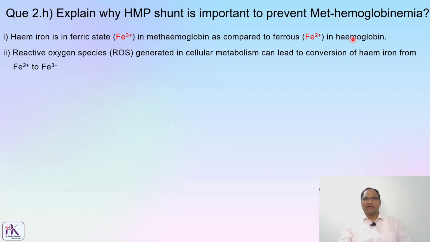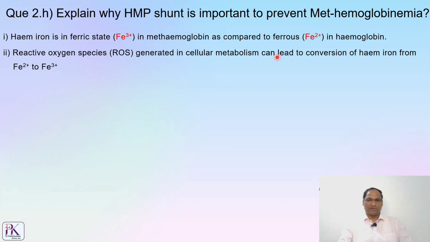Now, in general, there is a production of reactive oxygen species due to cellular metabolism. ROS, reactive oxygen species like H2O2, are generated, and they can lead to the conversion of heme iron from the ferrous state to the ferric state. Due to the generation of reactive oxygen species, there can be conversion of the heme in the hemoglobin, that is, conversion of ferrous iron in the heme iron to ferric form, and there can be the formation of